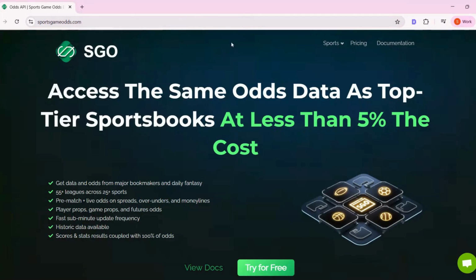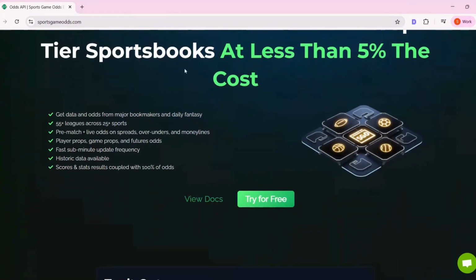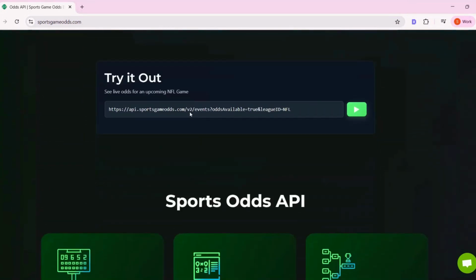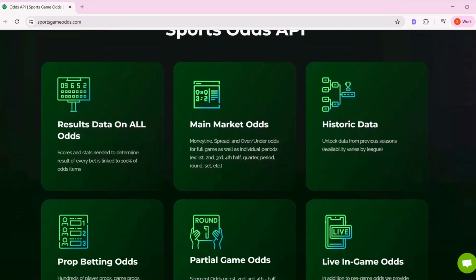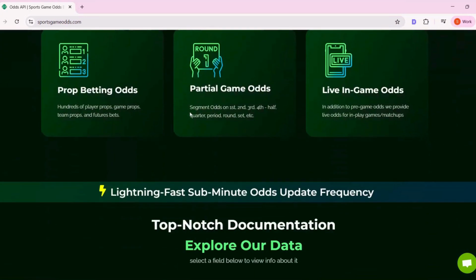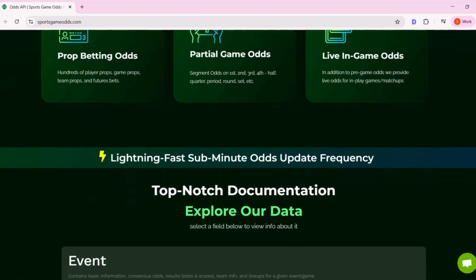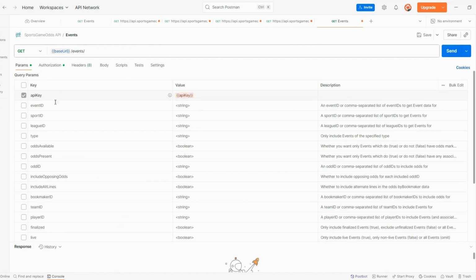Hi everyone, in this quick video, I'll show you how to query our odds API using Postman. We'll walk through the version 2 events endpoint with an NFL football example, and I'll highlight some useful parameters along the way. First, in the video description, you will find the reference documentation for the events endpoint as well as